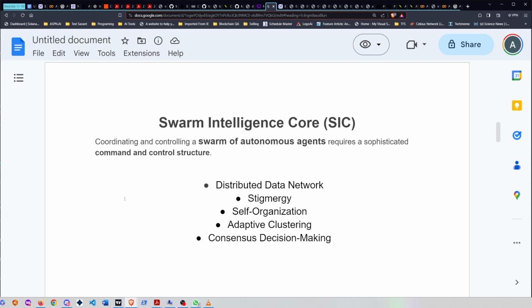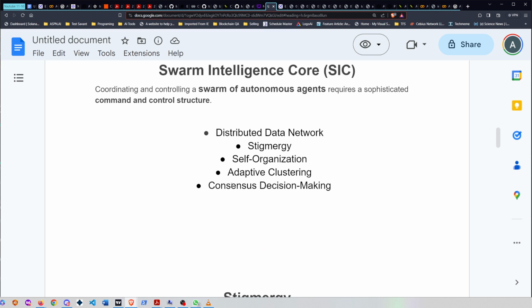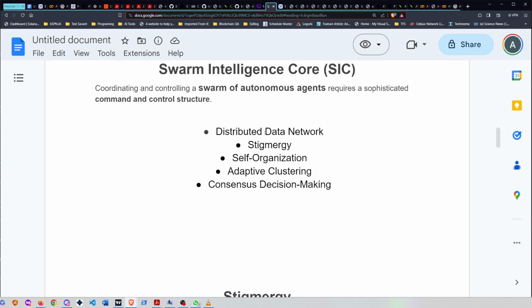Now, how do we get all this working together and being controlled? Well, you're going to need some kind of an intelligence core. And what is the core? Well, the core is going to be the command and control structure of our swarm. We need the main intelligent core in order to deal with all of the data that's going to be distributed amongst all the agents. The intelligence core is going to need to apply a process called